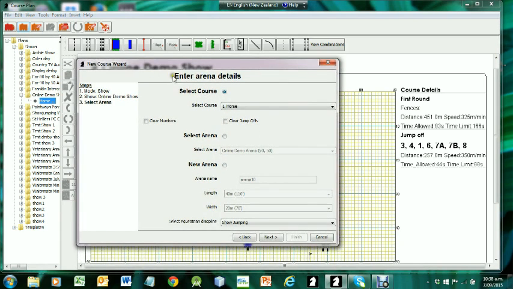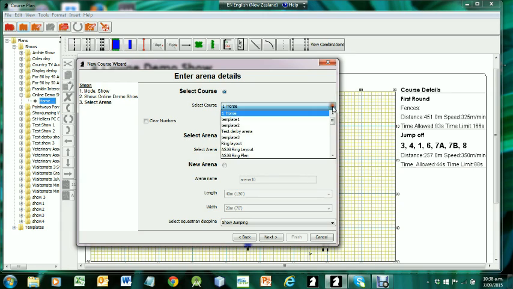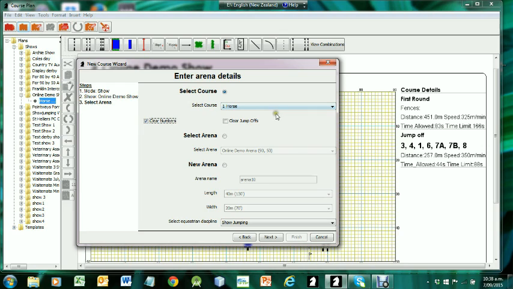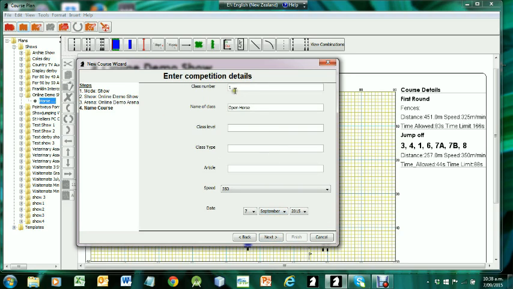You'll notice we start with the edit arena details. So this is just going to explain what setup you want. And on this occasion we're going to use the course for the previous class. You can select a template that you might have used in a previous class, and we want to create a completely new course, so we're going to click clear numbers. Do not click select arena unless you want to start a course from scratch, which you may do for the second day's courses. So we're going to click